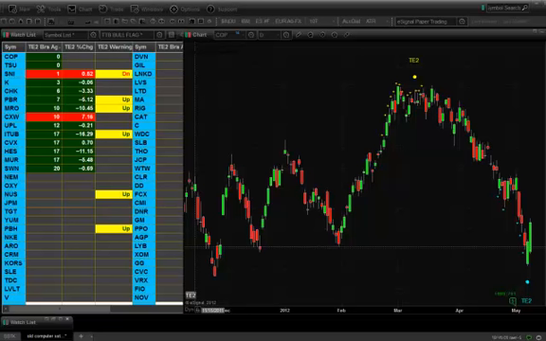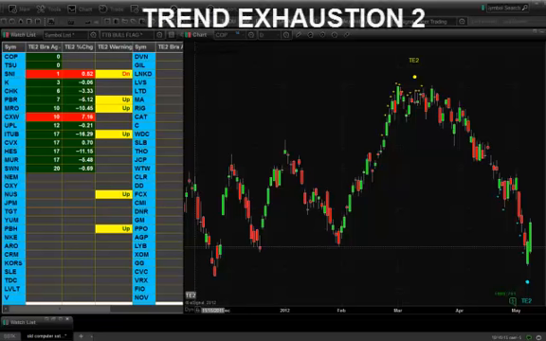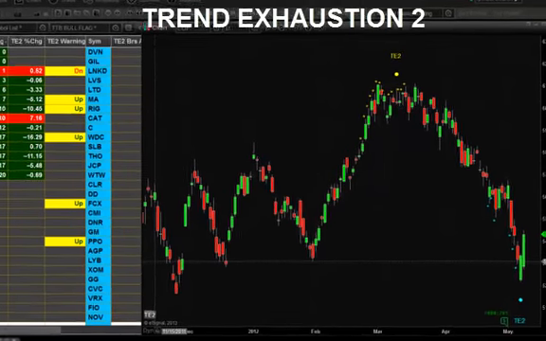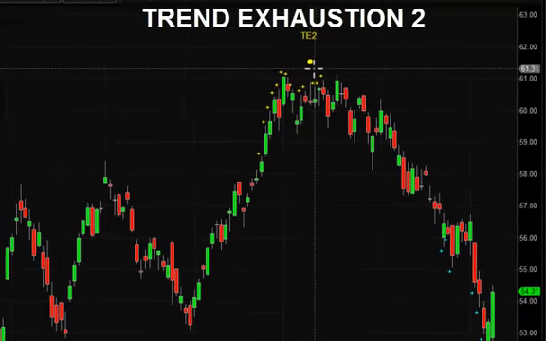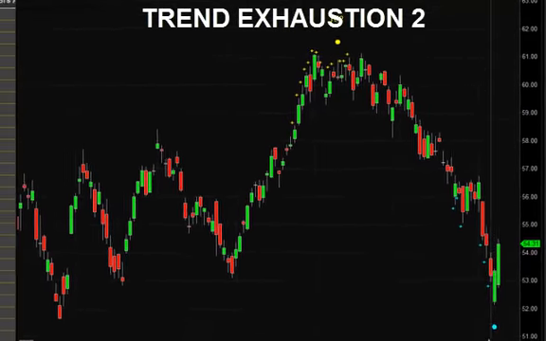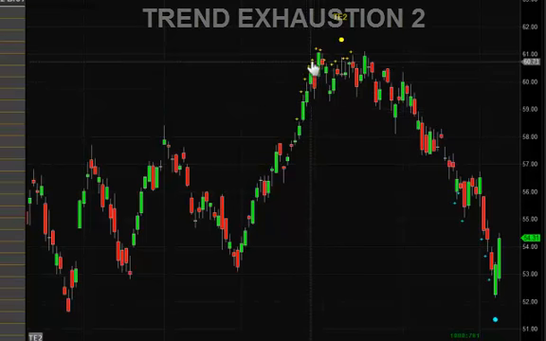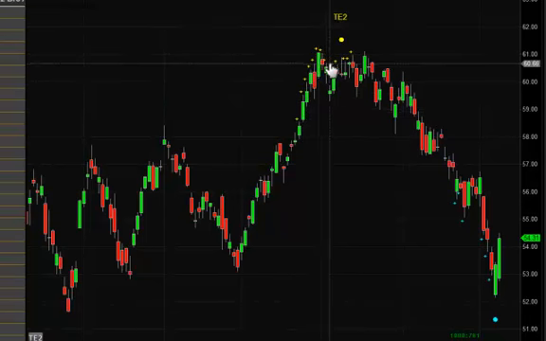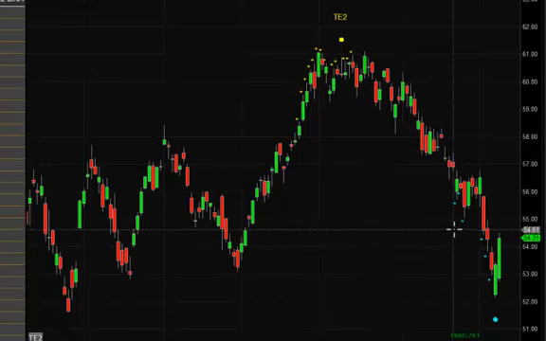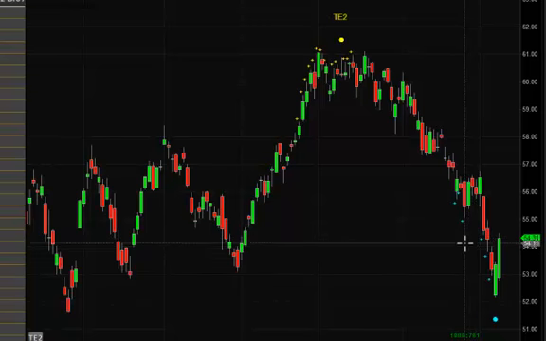The next tool I want to show you is our Trend Exhaustion 2 tool. It looks for specific price patterns which are indicative of impending end of a trend, and it plots these signal dots when it finds these price patterns. You can see here's a signal dot there, a bearish one, and a bullish one here. It also, as it's identifying the preliminary stages of the trend exhaustion, plots these little warning dots, these little crosses, so that you can be alerted to the fact that a Trend Exhaustion 2 signal is beginning to set